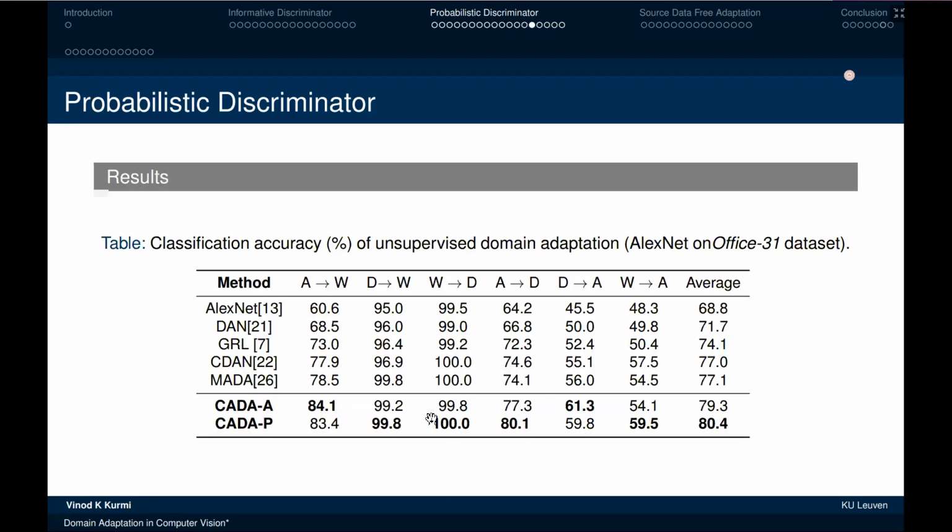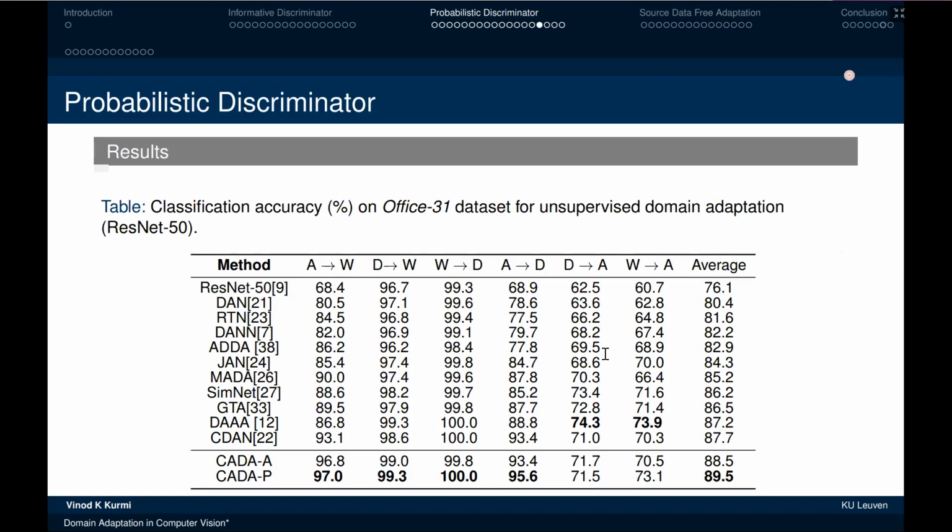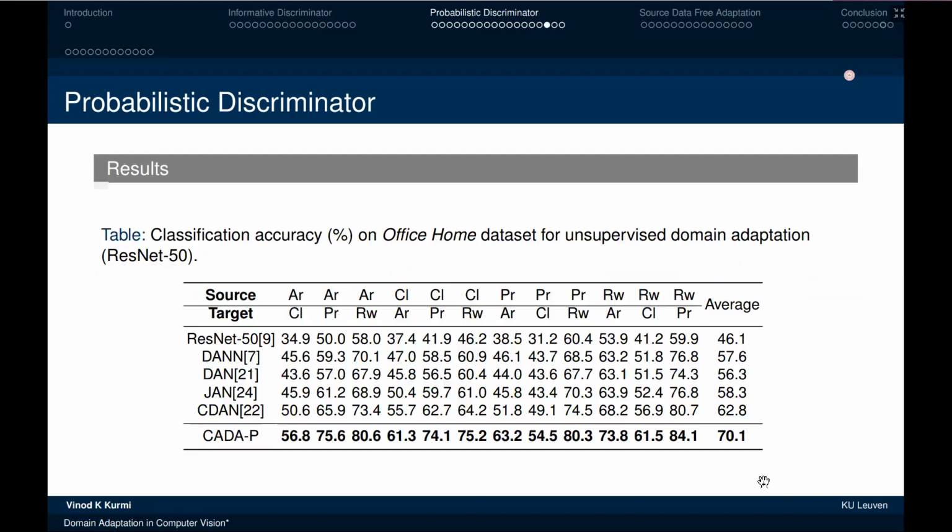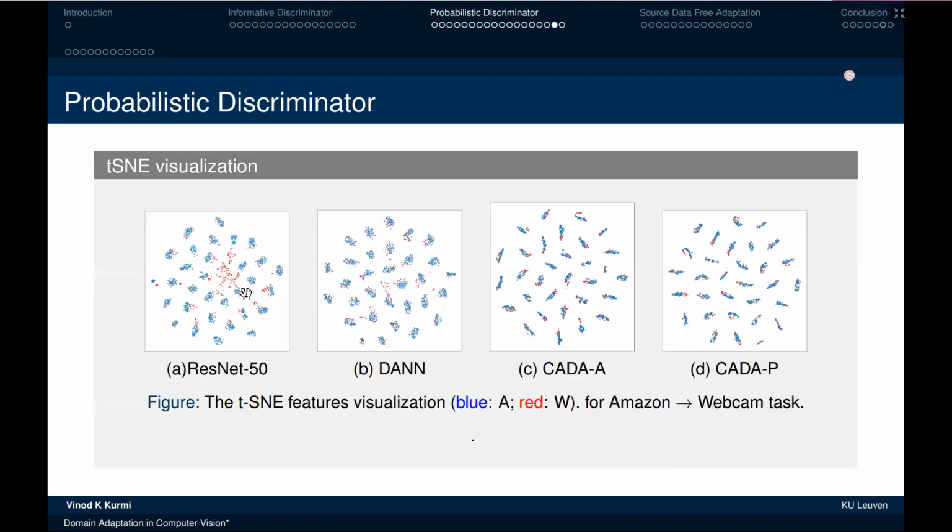We also improve the performance with a large margin by using the Bayesian discriminator instead of the GRL-style discriminator: it goes from 74 to 80 in this particular setting with AlexNet. For example, DAN gets some 80%, and here we have 89.5, approximately a 10% improvement. This is the same feature visualization as I told in the previous work, where we should have the class information property as well as the domain invariant property. In DAN we don't have this properly, but here